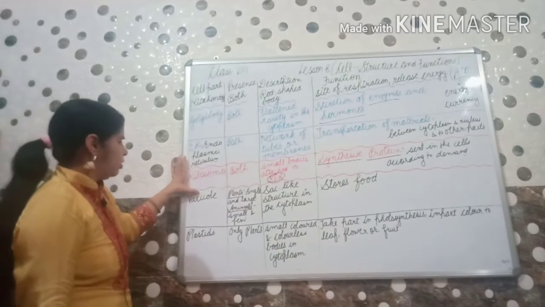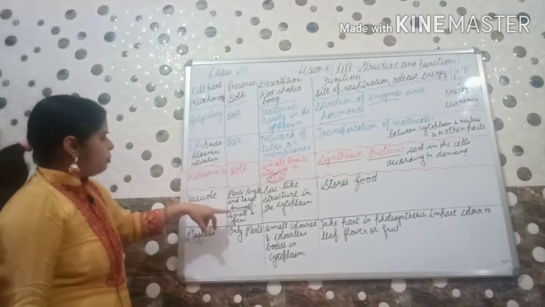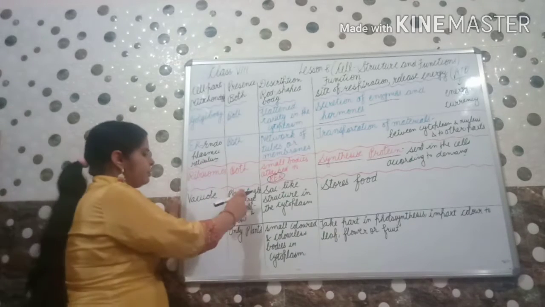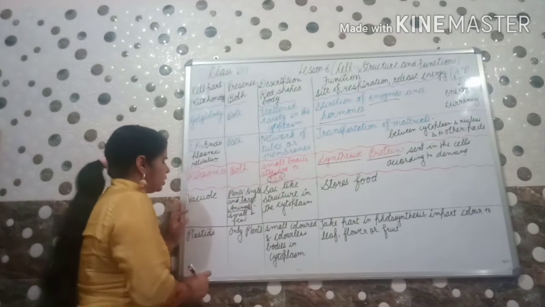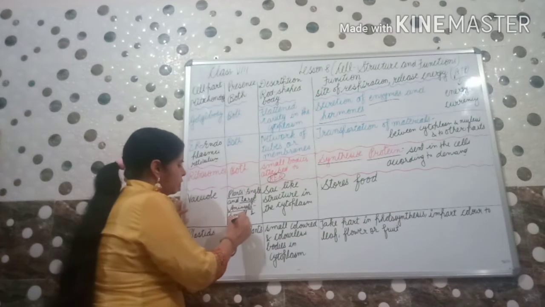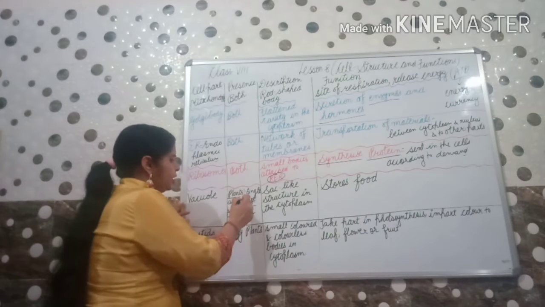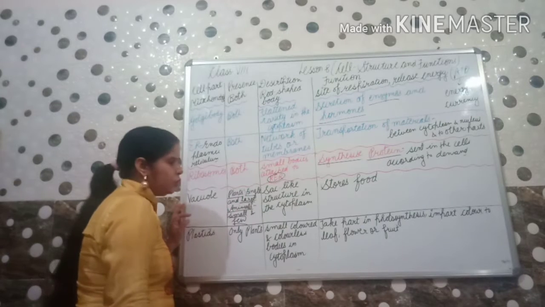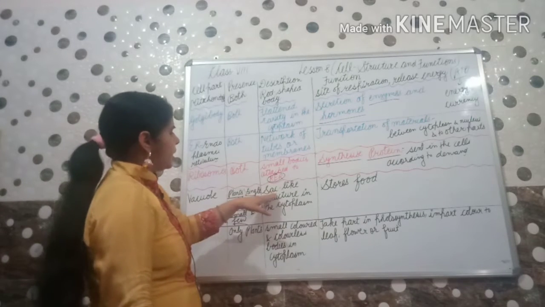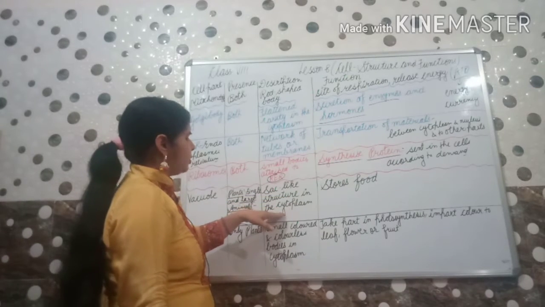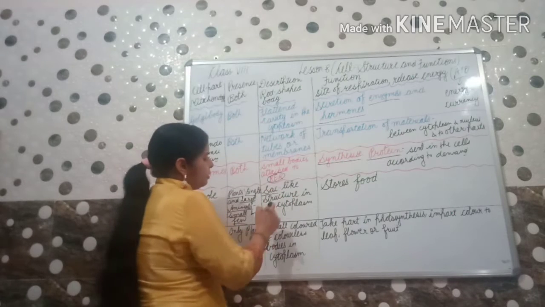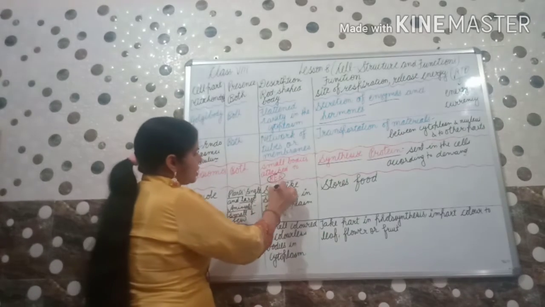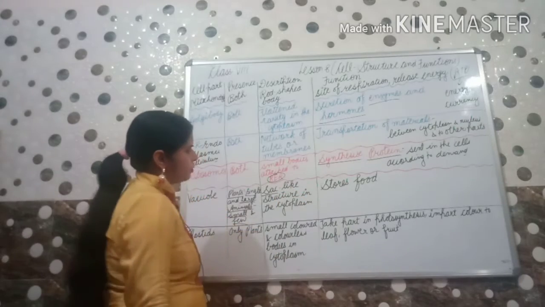Next, vacuole. It is present in both but their presence is in a different way. Plants will have vacuole in large form and it will be small in the animal cells. Here it will be single, here it will be few, meaning it can be more than one. These are sac-like structures in the cytoplasm. Have you seen bags made of cotton? These are sac-like structures in the cytoplasm.